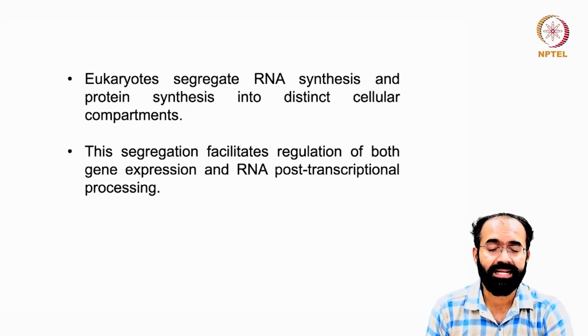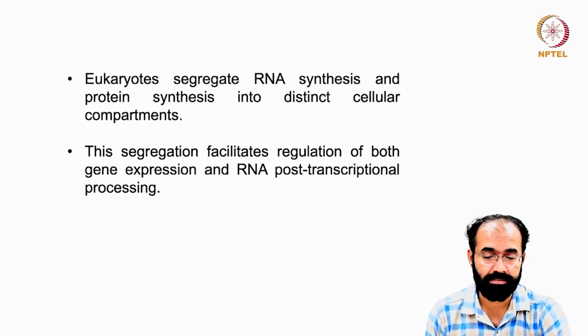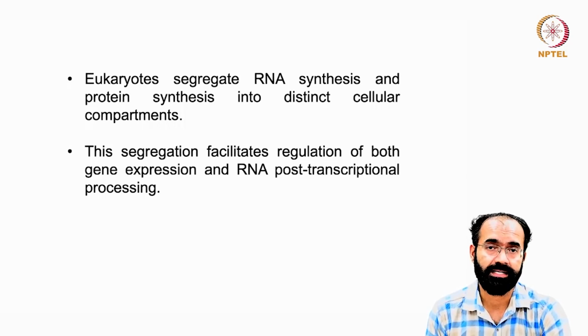So eukaryotes segregate RNA synthesis and protein synthesis into distinct cellular compartments because of the way in which they handle the gene expression events. This segregation facilitates regulation of both gene expression and RNA post-transcriptional processing. Both are needed. Having a feature doesn't ensure anything. Having a feature and retaining that feature across the evolutionary time scale simply means that it was needed, that it was utilized,